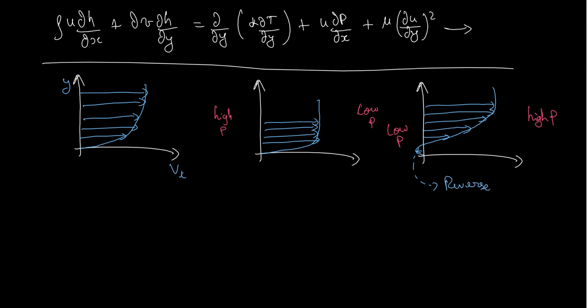Very near to the surface, the flow starts moving in the reverse direction, which is due to this adverse pressure gradient. That means the flow is being pushed towards the other side against its flow direction due to this pressure gradient, or this pressure difference. Reverse flow. Let's look at a situation where this actually happens. This happens in a lot of places, and this is a major reason for one important phenomenon that we'll be looking at in a while.